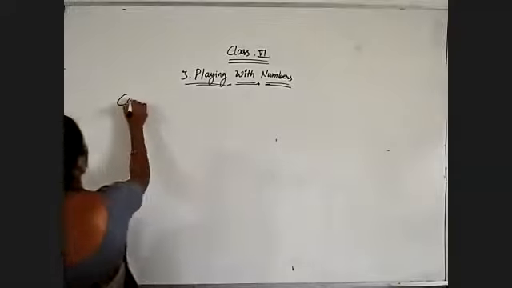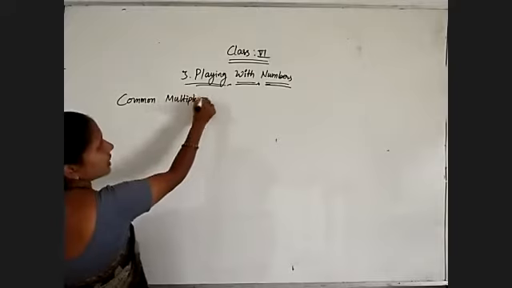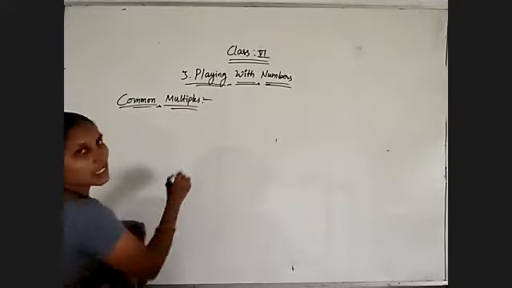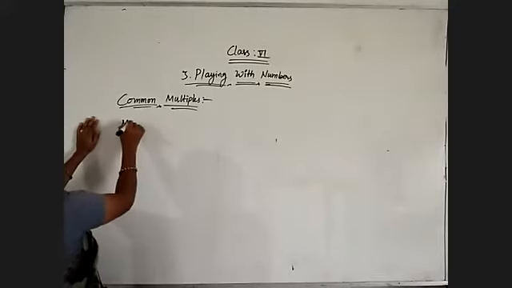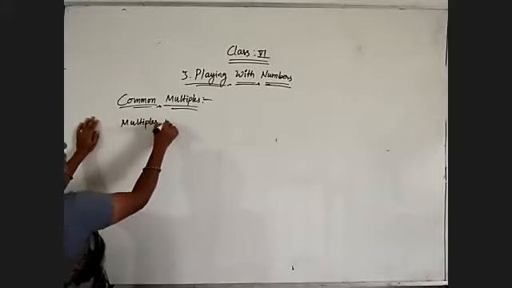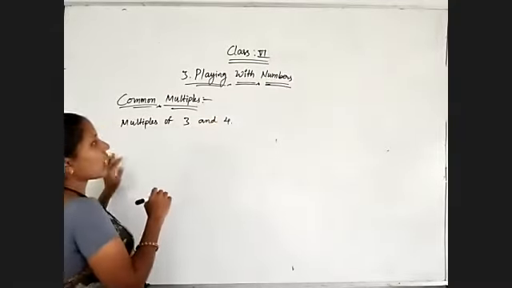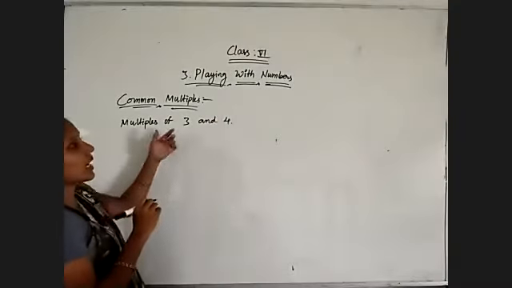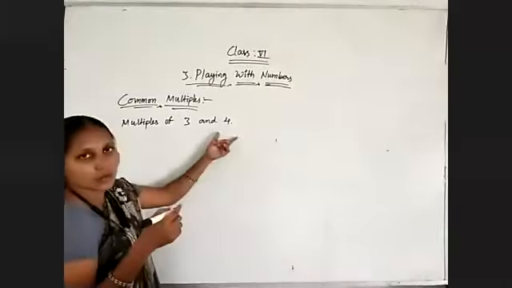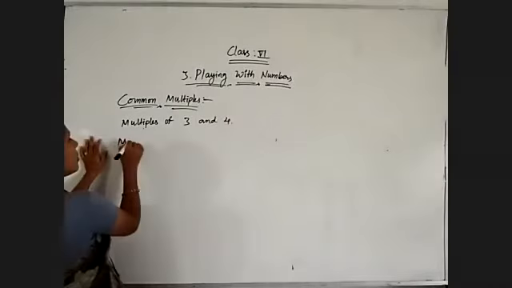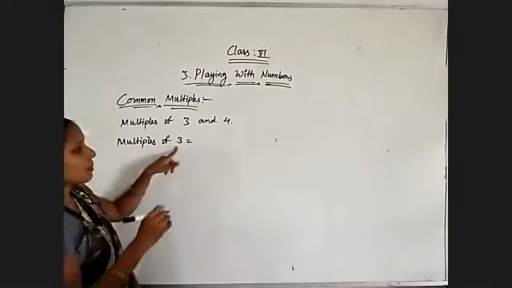Now coming to common multiples first. What is meant by common multiples? Already I told you how to write multiples. Factors and multiples I have discussed in previous classes. First of all, I am writing multiples of two numbers, multiples of 3 and 4, using simple numbers. How do we get the multiples of 3 and 4? By multiplying 1, 2, 3, 4 and so on, for 3 as well as for 4.